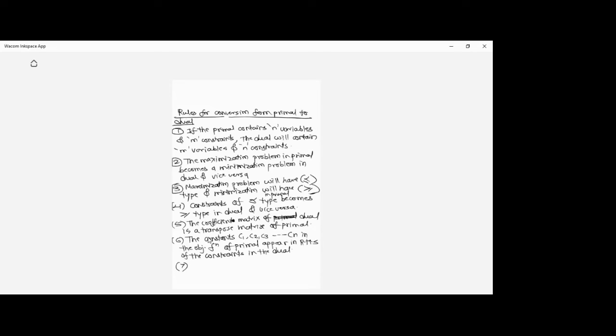7th point, the constants B1, B2, B3 till Bm in the RHS of constraints of primal appear in the objective function of the dual. Very, very important. This 6th and 7th point are very, very important, and the application of that I will tell you now when we are going to solve this